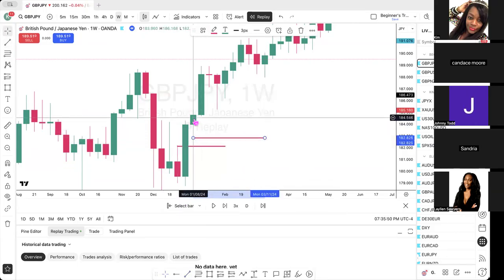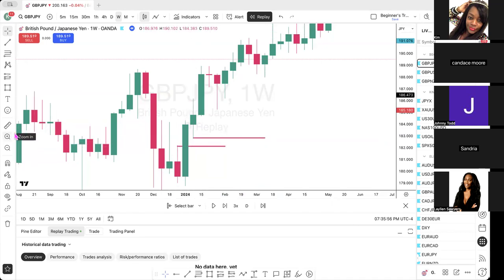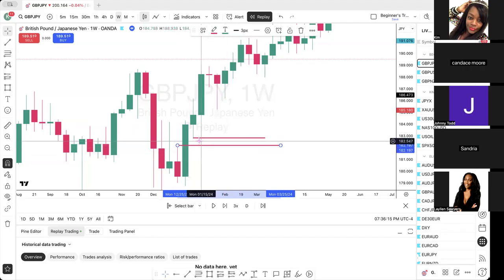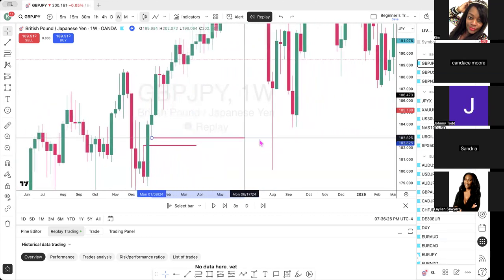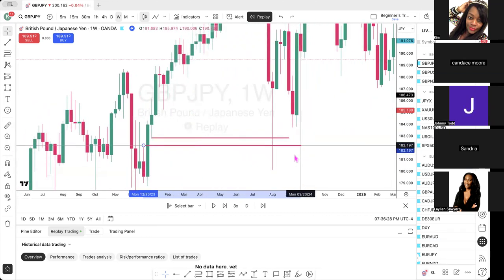Now if price had pulled all the way back, sometimes you can still use it, it all depends, but this is what you really want to look for. It makes the probability of your trade playing out even higher. So this is the zone that you're looking for price to pull back to. Now, you see it did not pull back right away, but now that we're pushing over this way, it pulled back in.